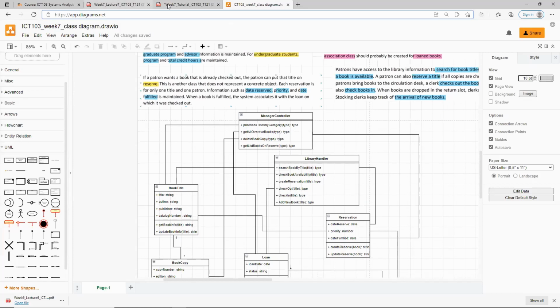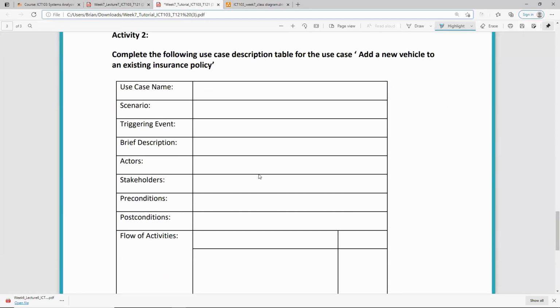Okay, good. Next. So in activity 2, we need to draw the class, the use case description tables. The use case description table is the use case, but a kind of text version of the use case, and we can include more detailed information. Okay, let's do it together. So the title of the use case is add a new vehicle to the existing insurance policy. So the name of the class,